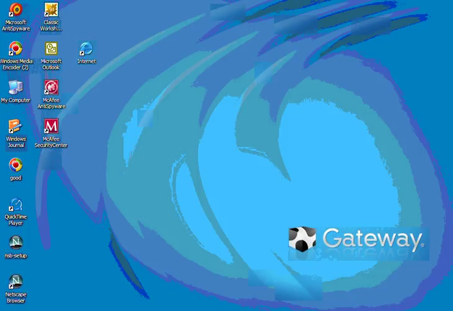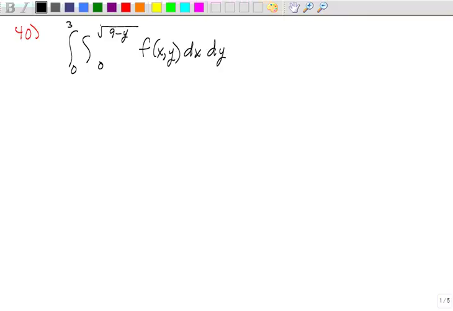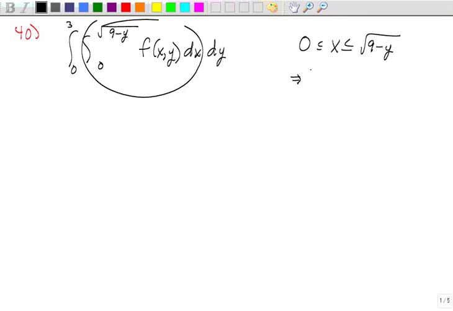Okay, let's go back to our problems. I'm going to look at number 40. Forty says integrate 0 to 3, 0 to square root of 9 minus y. I want to change the order of integration. So first, I'm letting x go between 0 and square root of 9 minus y. So that's telling us that